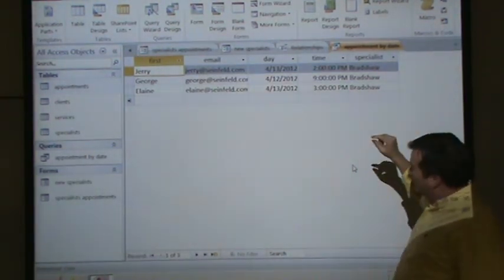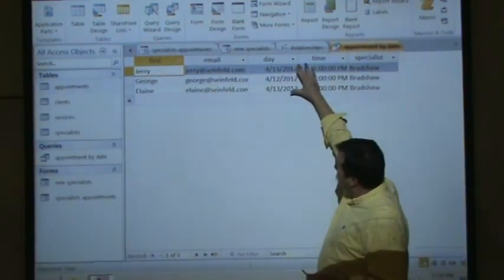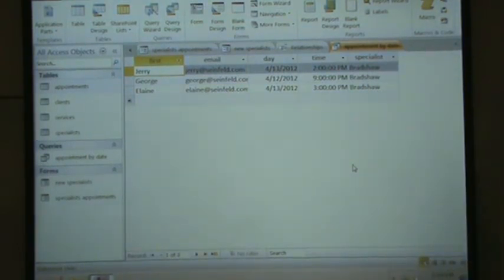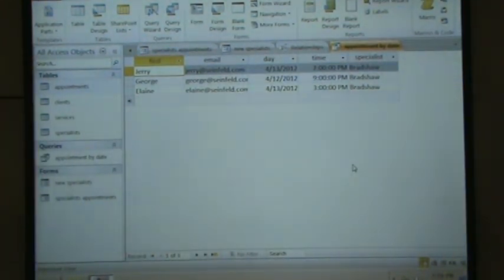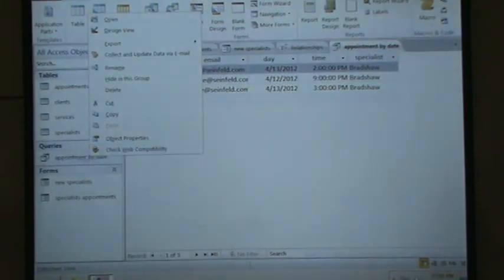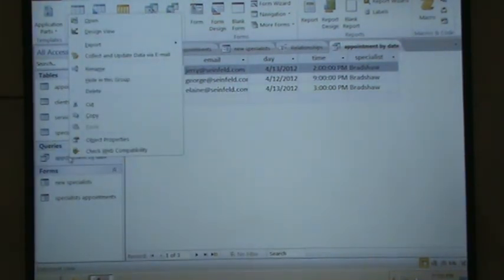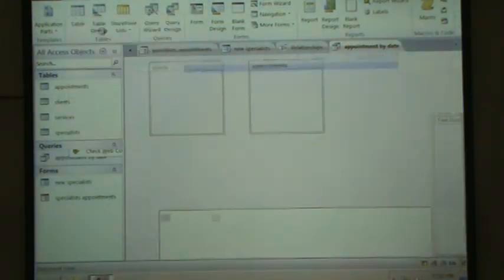But wouldn't it be nice if we could say, well, I only want the ones for April 13th. So what we can do is, this is a query that prints out everything, but we can enhance the query. So here's our query over here on the left. If you right click on it and go to the design view,